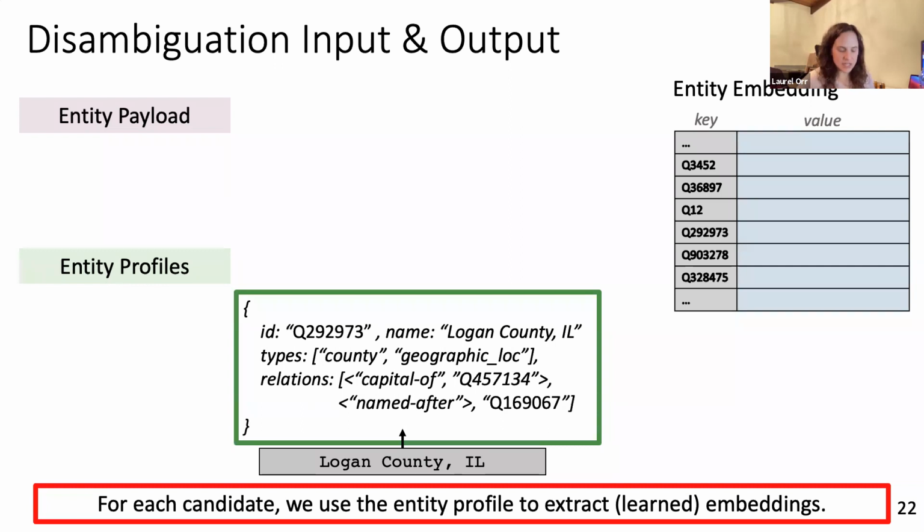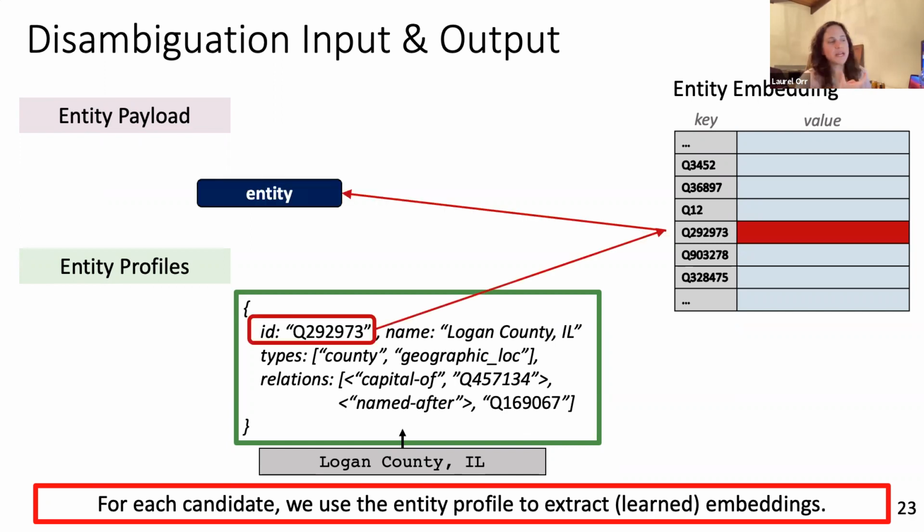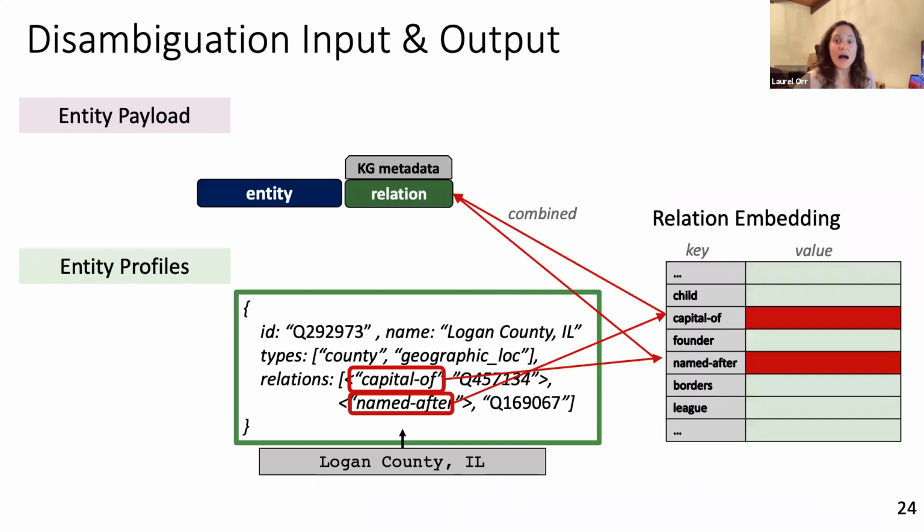So we're going to first use this to extract entities and extract embeddings, and we're going to have an embedding, importantly, for each level of the hierarchy: the text memorization, types, and relationships. So what this means is that first, I'm going to use the unique identifier of that entity to generate an embedding that is unique per entity. And this embedding is going to store entity unique textual features, mainly textual features. I'm then going to use the notion of relations to extract relation embeddings, one for capital of and maybe one for named after. And the important part here is that every single time the relationship of capital of appears, it's going to get the same embedding.